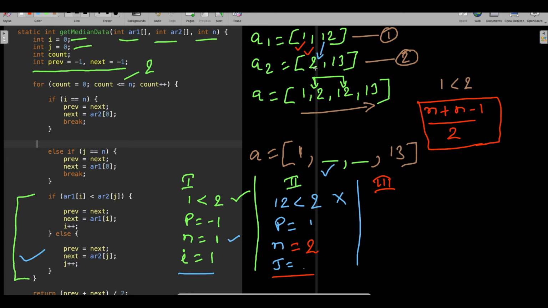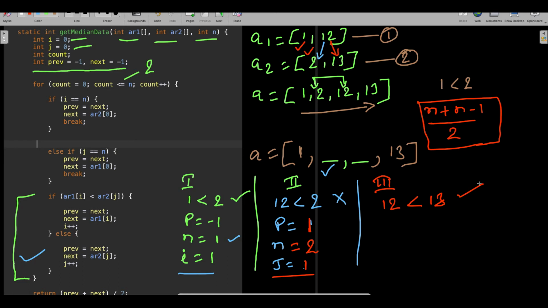Now where should we compare now? Okay, now this comparison is gone. So now comparison will happen here guys. Here 12 and 13 we have to compare now, right? To compare 12 and 13, both the indexes became 1, and this is also 1 because after running the iteration, so both became 1 and 1. So let's make it big. Yeah, so if we take from first array i, which is nothing but 12, is 12 less than array 2 of j, which is nothing but 13? Yes, this is perfectly fine.